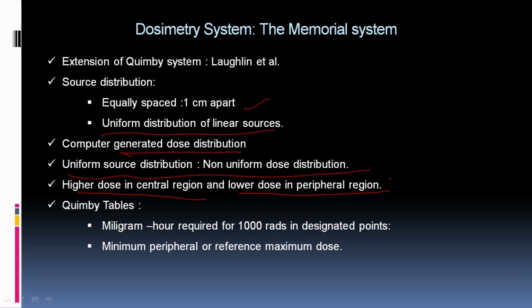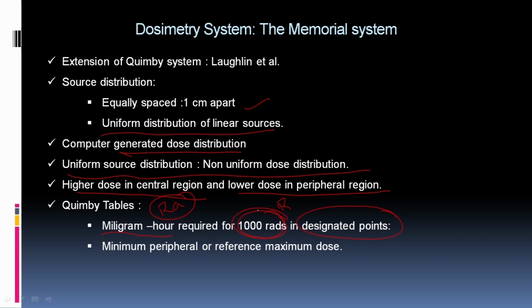And they also modified the Quimby tables, and these updated Quimby tables give the amount of milligram hour of radium. This is the time where we used radium for brachytherapy applications. So, every table was given in terms of radium, the radioisotopes, and this milligram hour amount of radium is required for delivering 1000 rads at designated points. These are the two things where previously Quimby recommended 1000 R. Now, here